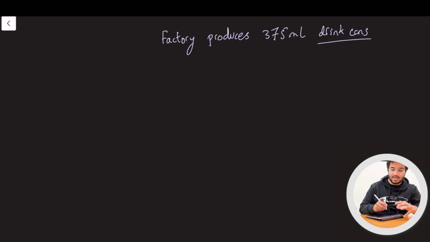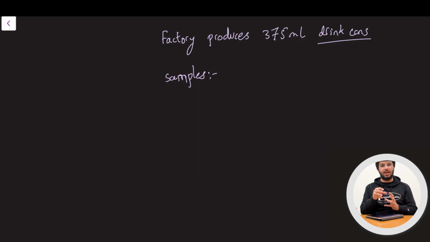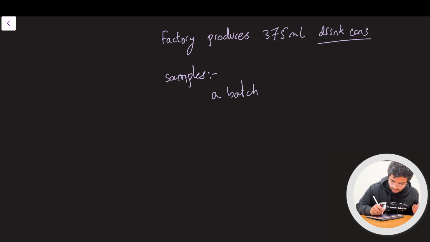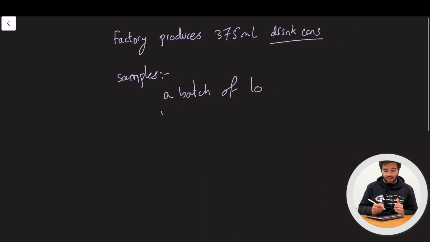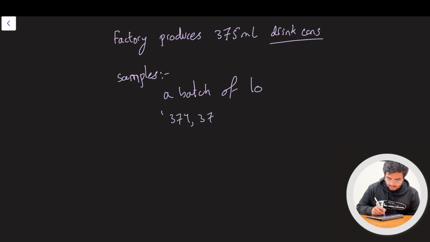So say you take samples here, and here. What you will do is you won't take a single sample and see if it's good. You will take multiple, like a batch of maybe 10, or a batch of 5, something like that. And then you use that batch and analyze it. So for example, you get this as your readings.